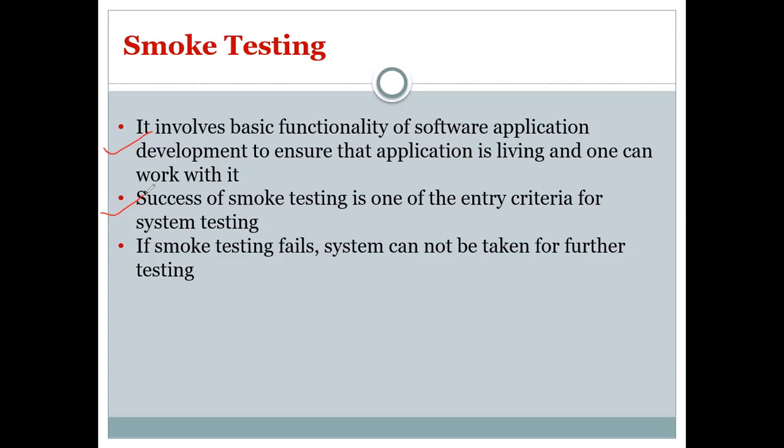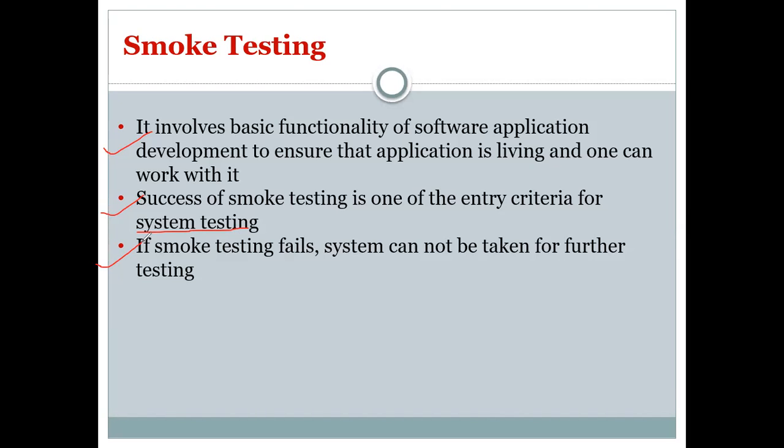If this is the condition, then you have passed your smoke testing. And this is nothing but the entry criteria for system testing. So if you are going to test your system as a whole, this is the first criteria: your smoke testing result should be okay. The system should be accepted by your end users. If smoke testing fails, the system cannot be taken for further testing.